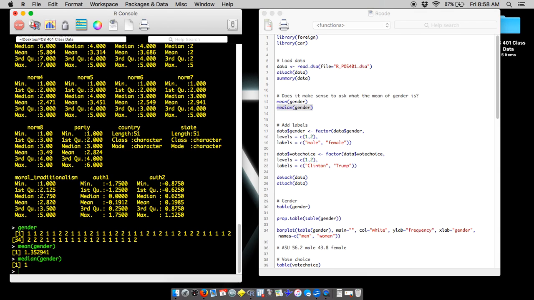If you do the median, the same thing, you get a 1. That actually has some meaning. It means the median person in the sample is a male. And if you take the mode, what's the most common value, you get a 1 as well. So what we can see here is the way that we've measured this concept, and the way that this concept of gender exists in the world, in the population, between people being male and people being female,